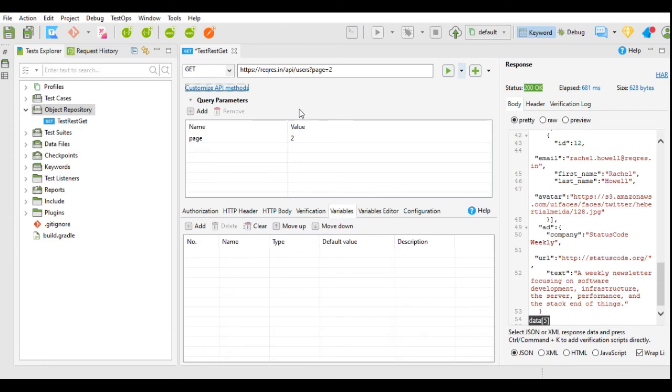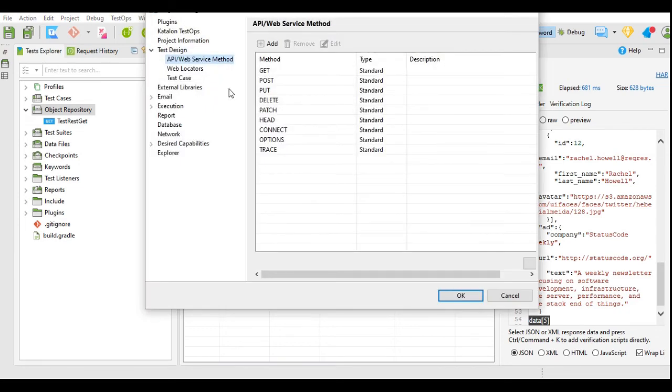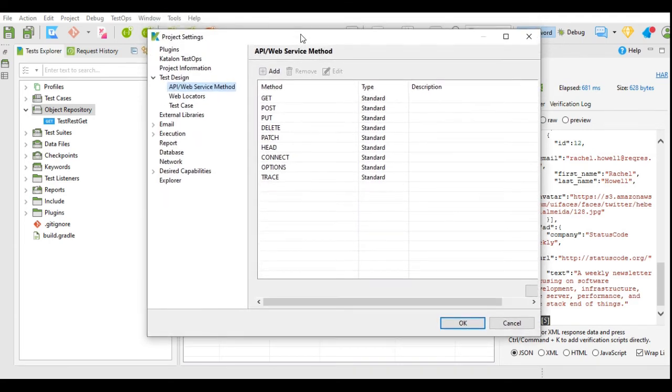Then Katalon Studio has provided this new feature, customize API methods, in 7.5 version of Katalon Studio. So if you click on this customize API method, you can go to project settings and in the test design tab, API or web service methods, and wherein you can add your customized methods.